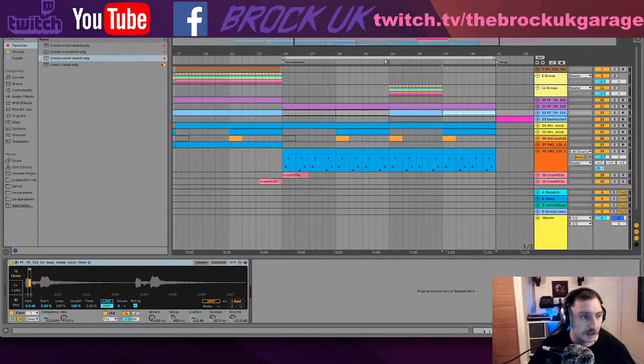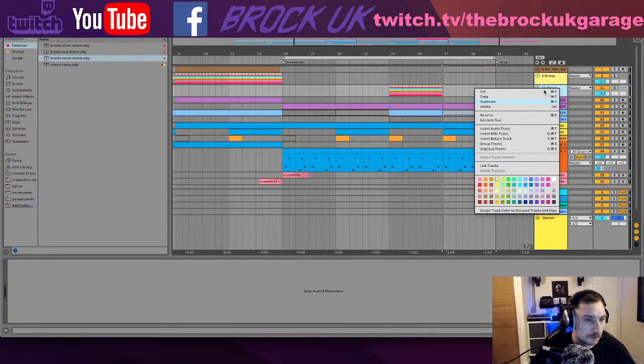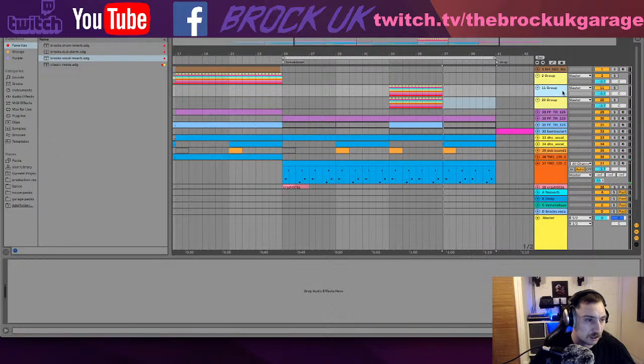So this is a trick that's used within garage, and mainly speed garages, to loop the drums on the snare as you're building it. And what we can do is automate this to come in gradually rather than straight away. So the way that I like to do that,